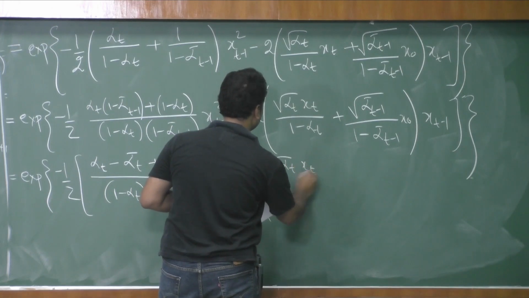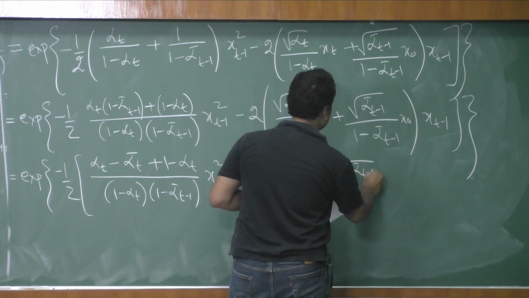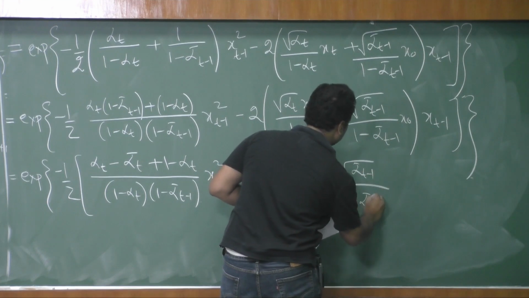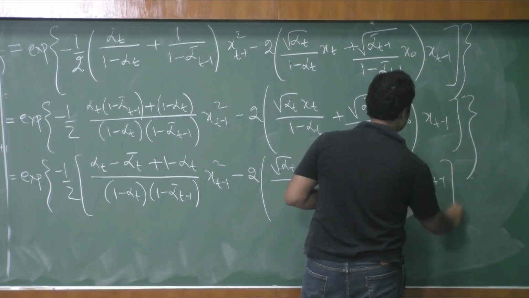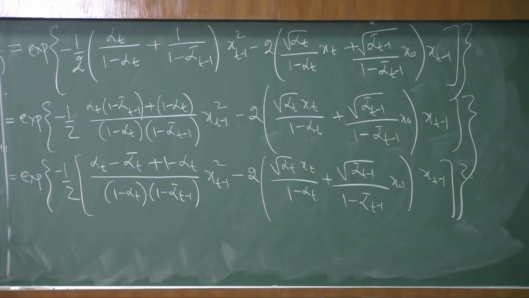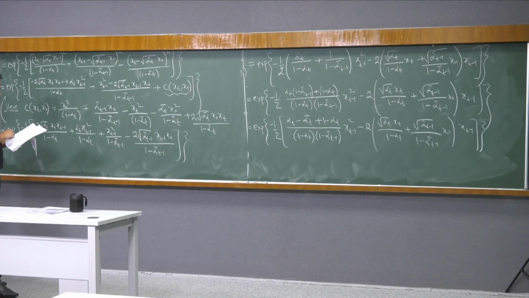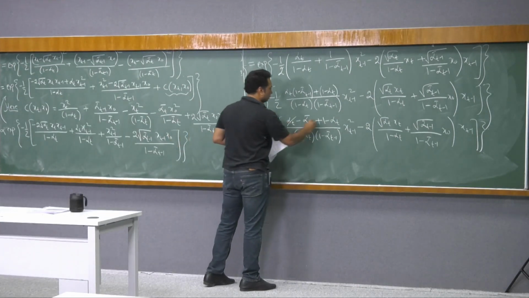I just copy this second term, alpha t alpha bar t minus 1, 1 minus alpha bar t minus 1, x naught xt minus 1. Okay. So it seems that alpha t should get cancelled. So I will be left with 1 minus alpha bar t only, I mean. So then